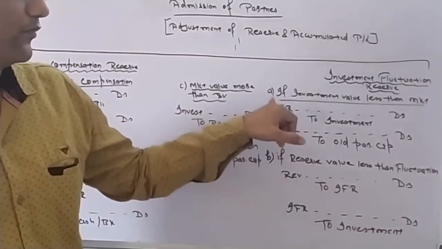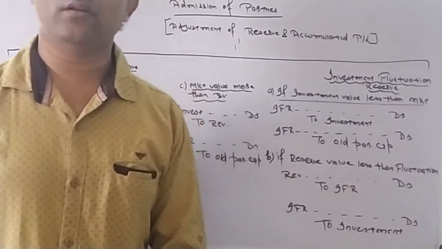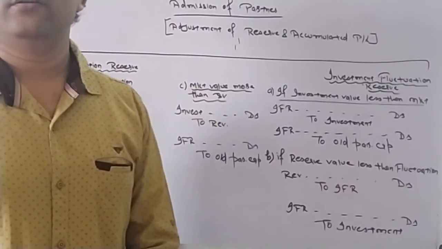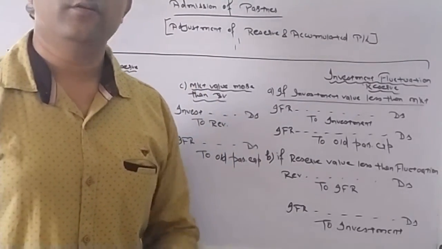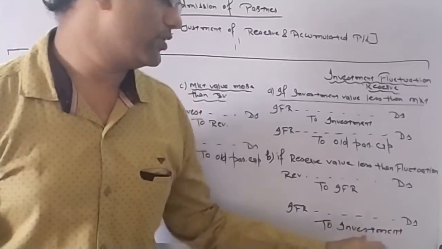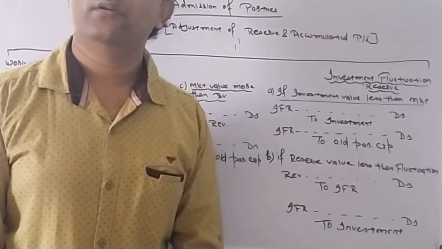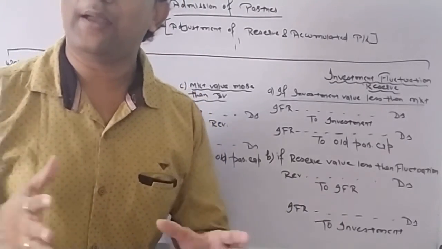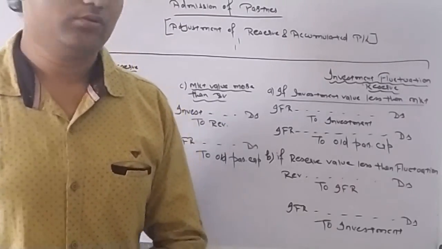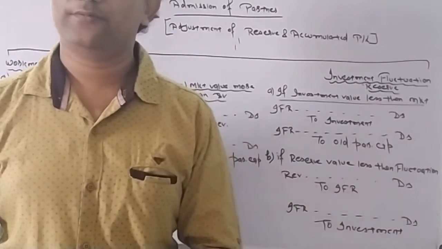Same entry. First entry, same entry. I have adjusted investment with reserve. I have adjusted reduction in the value of asset or in the value of investment with reserve. Investment fluctuation reserve account debit to investment. So first I need to create 1,000 reserve. Reserve is a liability. I am creating a liability. It will be from revaluation account. Revaluation account debit to IFR and then IFR to investment.